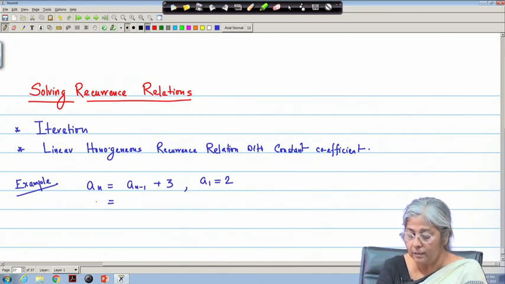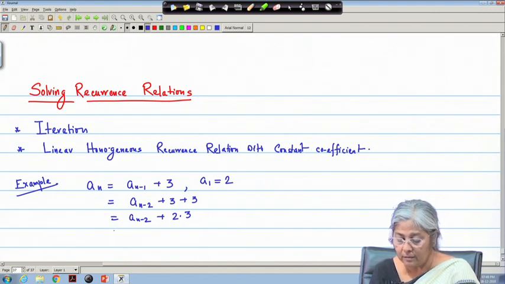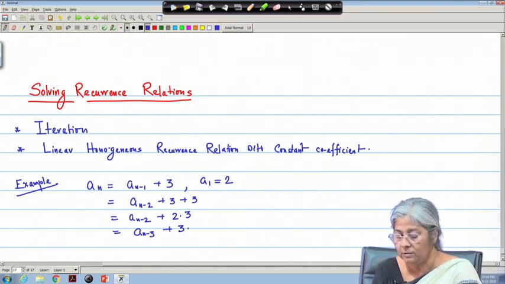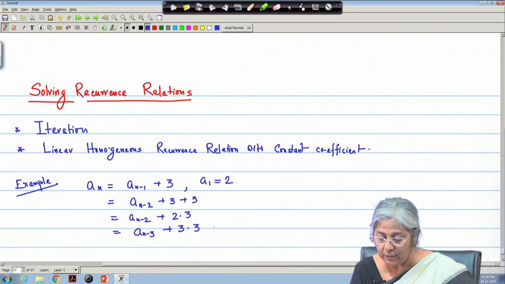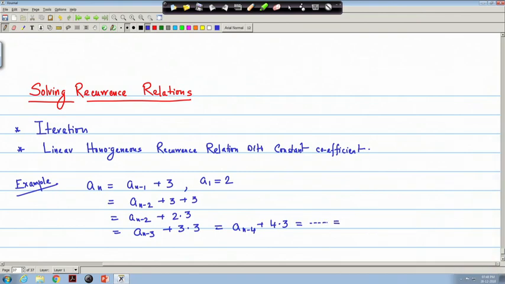I can replace a_{n-1} by a_{n-2} plus 3. So, I get a_{n-2} plus 2 into 3. Again I can replace a_{n-2} by a_{n-3} plus 3, and so this becomes 3 into 3. In this way if I continue, I can write a_{n-4} plus 4 into 3, and if I continue I will be getting